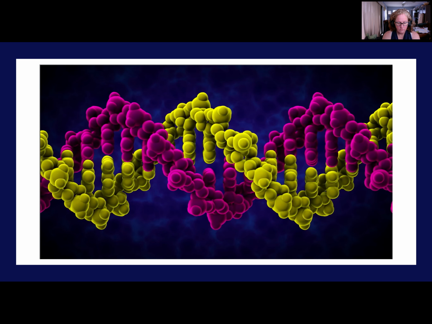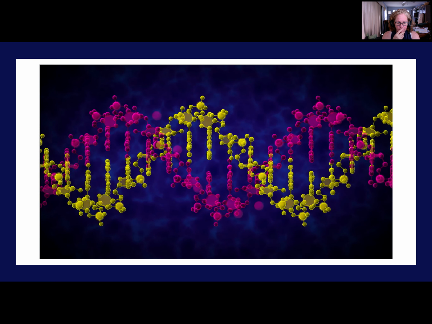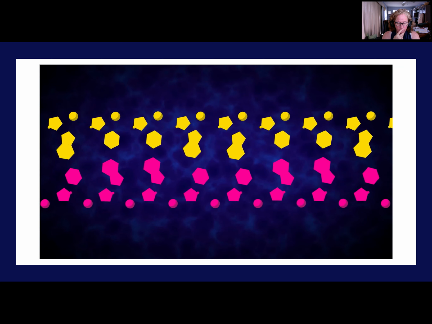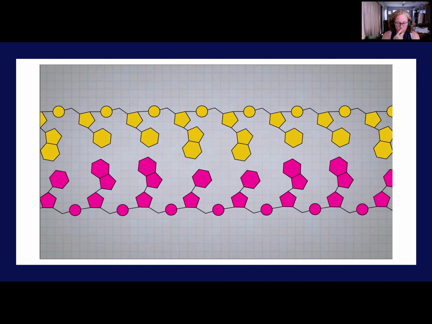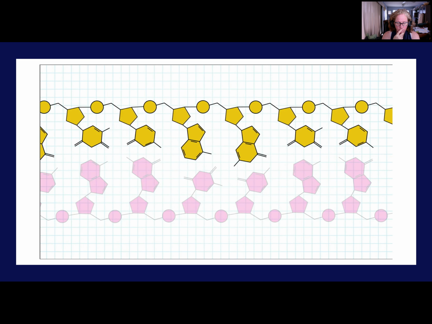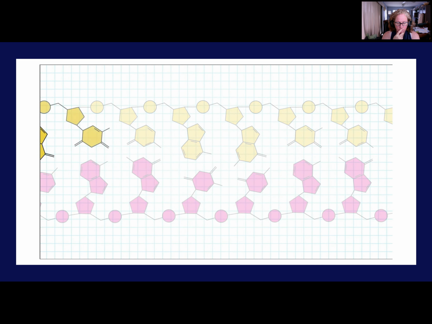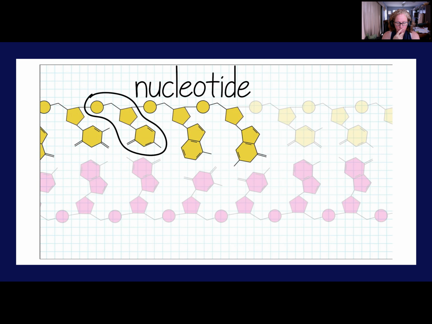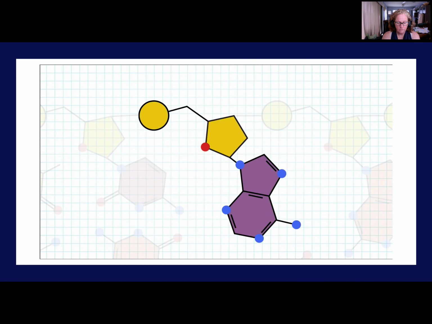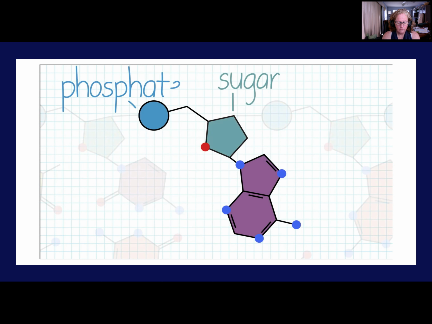Now, let's move to a more simplified representation of DNA to discuss the details. We can unwind the double helix like this, so that we can see the chemical structure inside. Each strand is a polynucleotide, meaning the strand is made up of many individual units called nucleotides. A nucleotide has three components: the 5-carbon sugar, a phosphate group, and one of 4 possible nitrogenous bases: adenine,